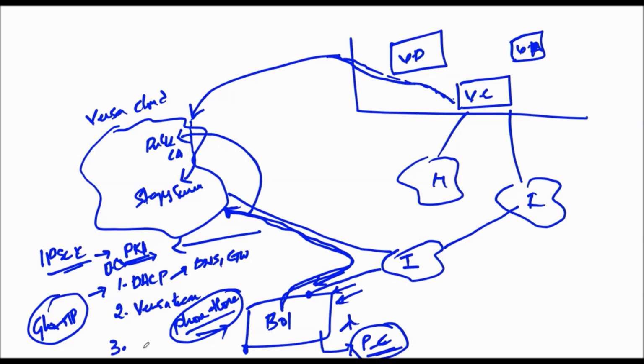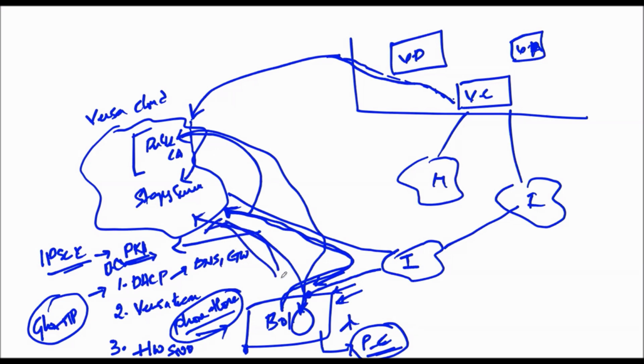Here comes the third requirement: we are going to rely on the hardware serial number of the branch. The branch will query the serial number at versapublicca.com, so that it gets the digital certificate applicable for this serial number. This will be taken care of by the Versa team. A digital certificate is created for the branch on the public CA. Before it tries to establish the IPsec VPN tunnel, the branch gets the digital certificate from the public CA. After getting the digital certificate, the branch will establish the IPsec tunnel towards the staging controller.